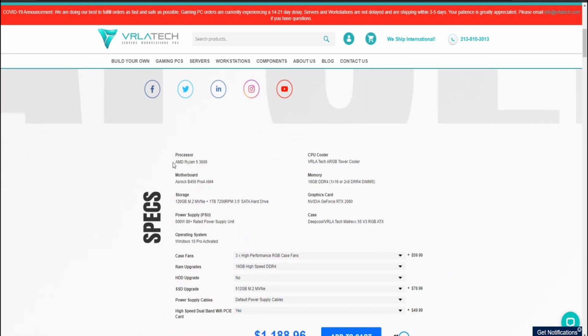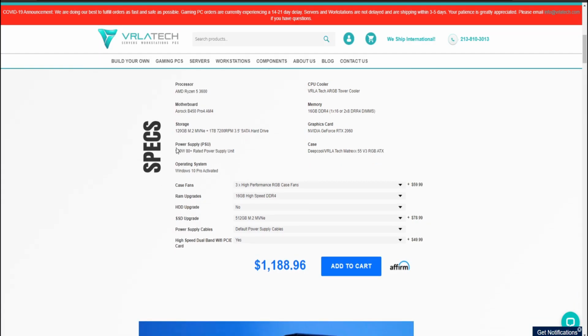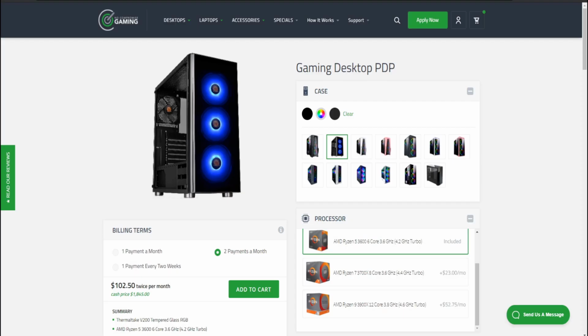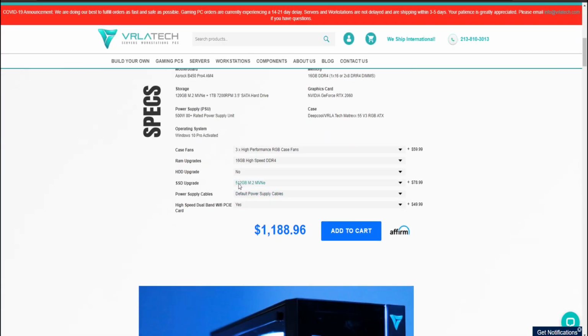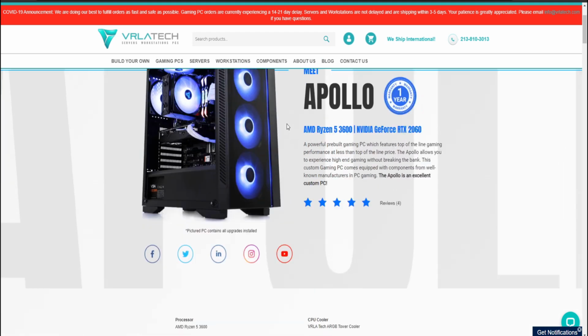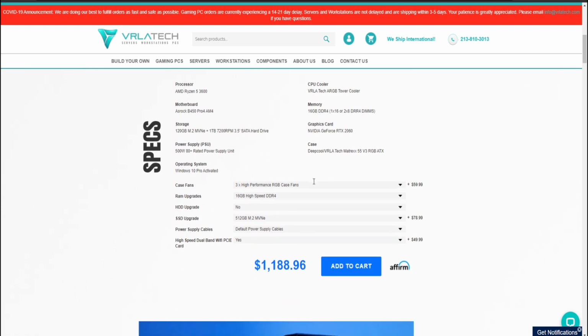So we've got the same processor, roughly the same board that is on this desktop. And then we've got a 500 watt power supply. It's a little bit of a worse power supply, but the other one doesn't say that it's rated, so I'm going to say that they're roughly the same. And in terms of storage, we've got a 0.5 terabyte NVMe SSD, so that's on par with what we got here. So the storage is basically the same, a pretty similar tower, 16 gigs of DDR4 memory,